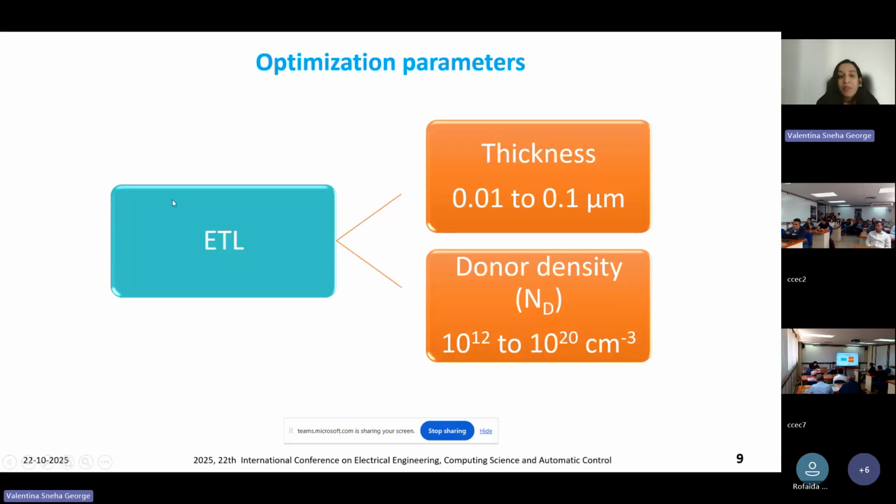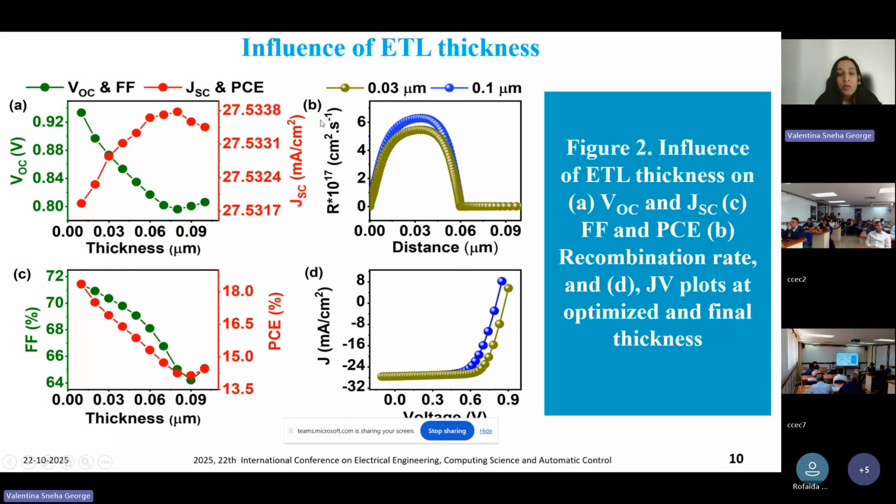Then further, we have attempted to optimize the layer parameters of strontium titanate, that is, thickness has been varied from 0.01 to 0.1 micrometers, and the donor density has been varied from 10^12 to 10^20 centimeter per cube. So these are the results that have been obtained for varying the ETL thickness, that is, on varying from 0.01 micrometer